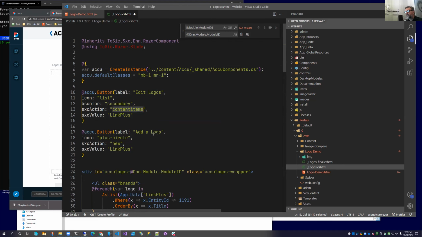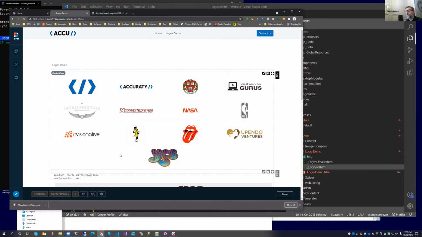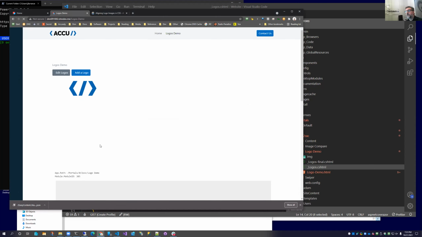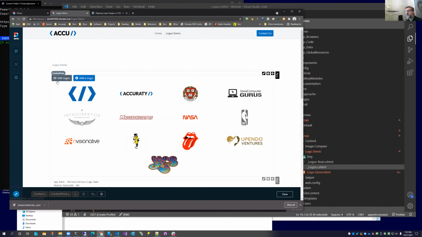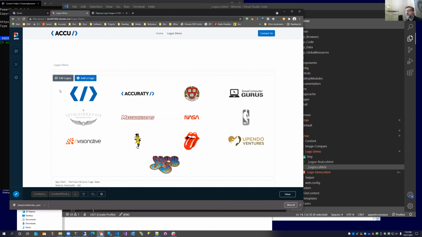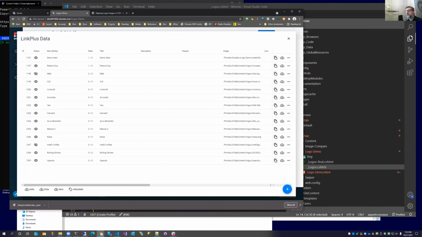Anyone who knows Too Sexy well knows what content items does. It's going to jump you straight to the screen where you edit the link plus content type. With that amount of work you see on screen, I hit save, refresh, and I now have 2, ta-da, nice looking buttons with icons. And notice where this one takes me in 1 click. I'm inside all the data, and you can clearly see the ones that are hidden. And I can go in and edit them.